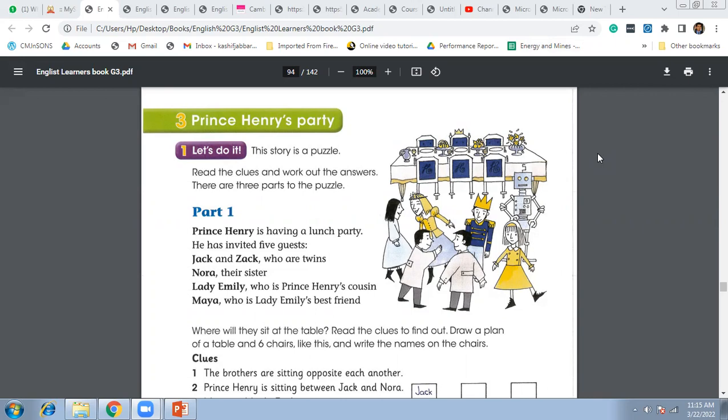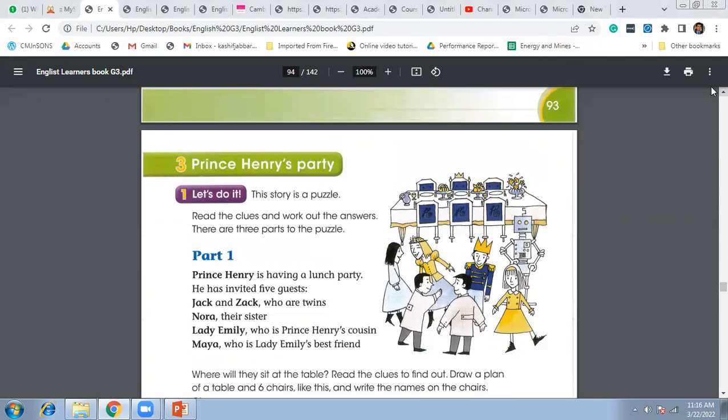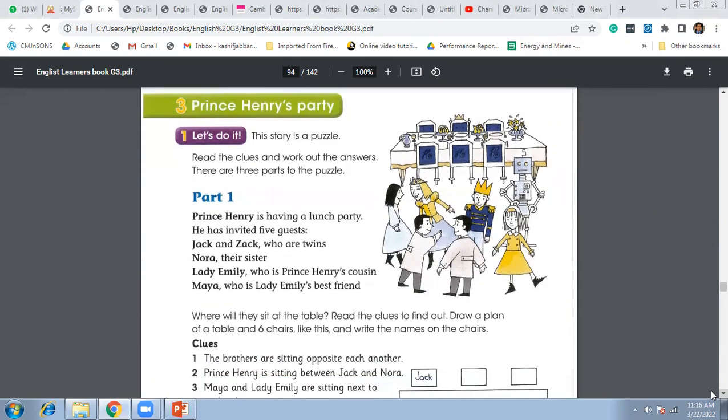Today we started from lesson number 3. It was page number 94, Prince Henry's Party. It was actually a story about a puzzle, how we are going to solve it. So there are 3 parts in this story that we are going to look at. Part number 1, we have seen the Prince Henry is having a lunch party and he has invited 5 guests